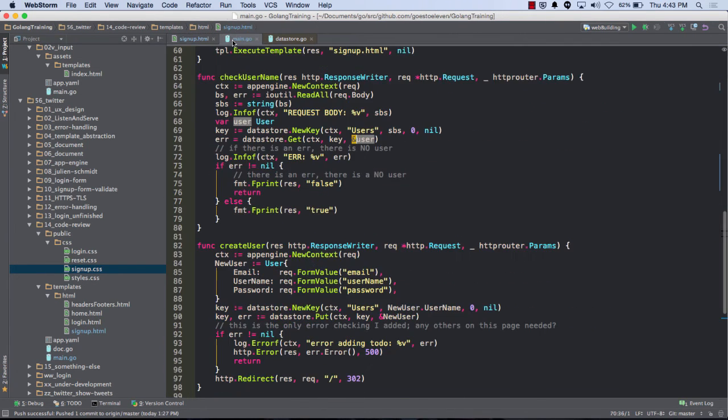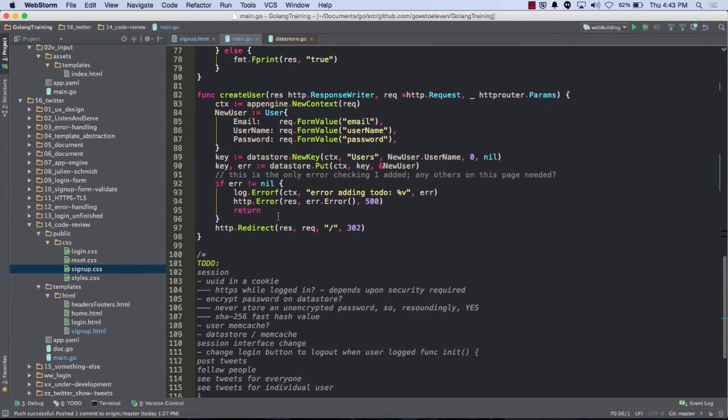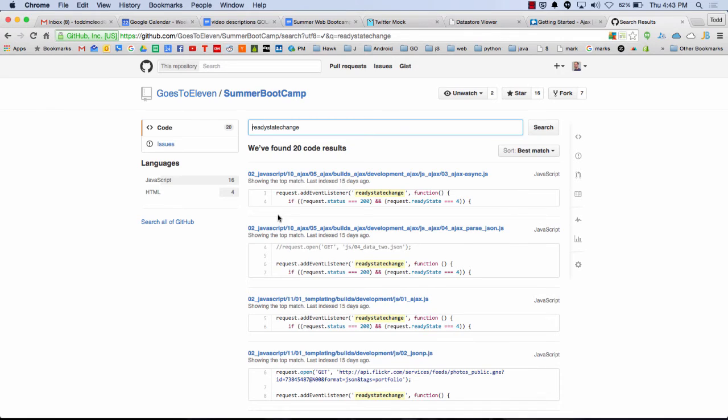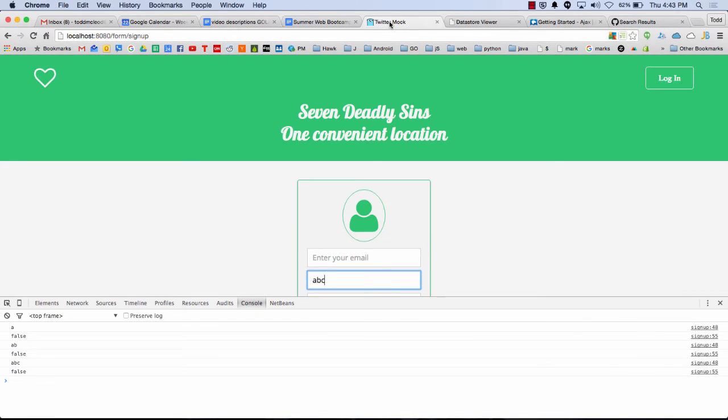And then the last thing for us to look at, we saw how check username works. We have create user. So when the form actually gets submitted, I don't need to send JSON over and deal with JSON. It's a form submission. That's happening naturally for me. It's sending all that stuff over. Why would I want to keep them on this page anyhow? We're done with this page. So I don't need to use JSON and then redirect them. I'm just letting that form submit. So you've got to know when to use JSON and when not to use it.